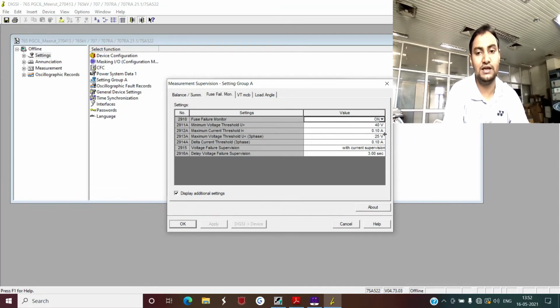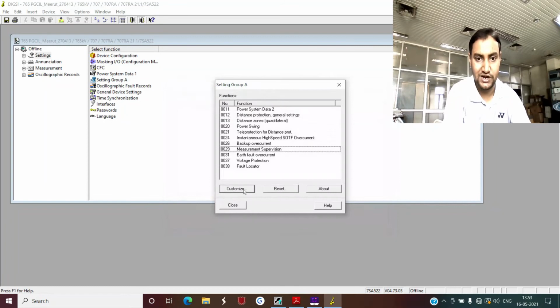That means this relay now recognizes that this line is already shut down, so there is no need for fuse failure blocking. So in that case, it will not lead to your fuse failure blocking, and it will issue a trip command inadvertently due to incorrect setting. But you cannot do anything about this because the minimum setting available is 0.05, and if you set it at 0.05, that means 150 ampere. So anyway, if your line is having a power flow of, suppose, 140 ampere, and in that case your fuse fails, then the Siemens relay is prone to give a distance protection tripping command. That is one of the limitations of this relay.